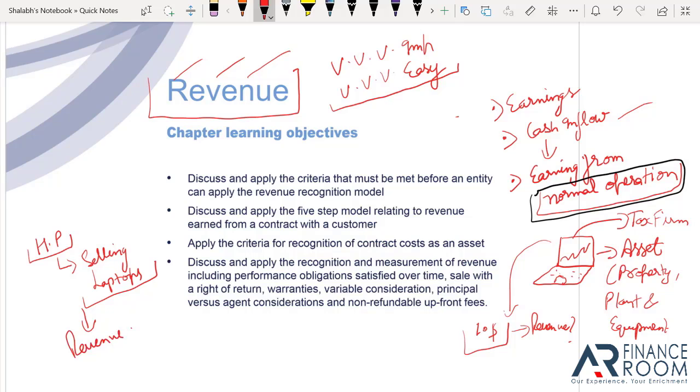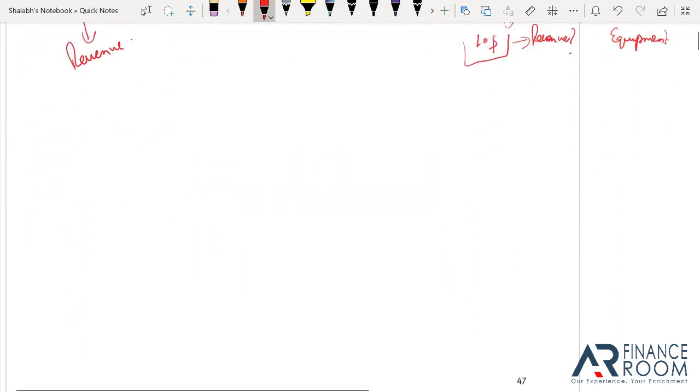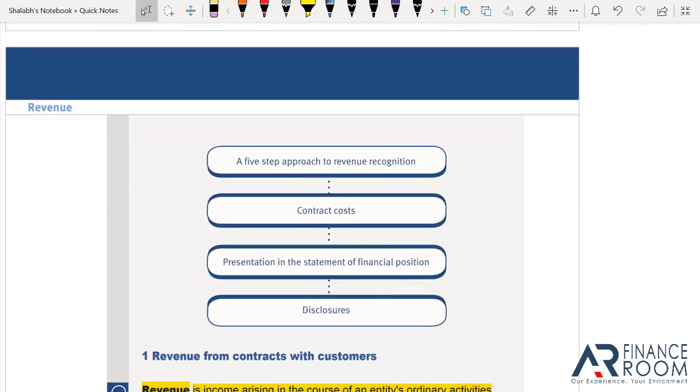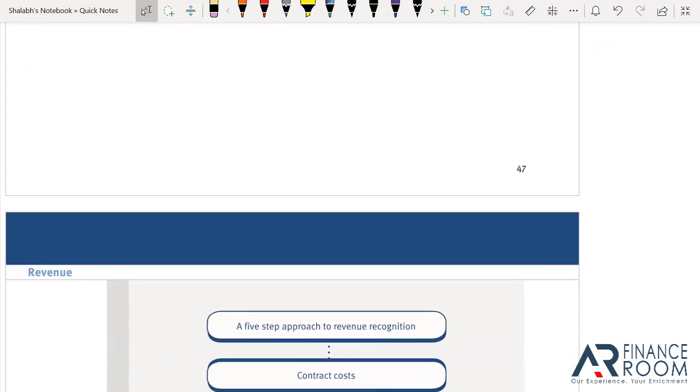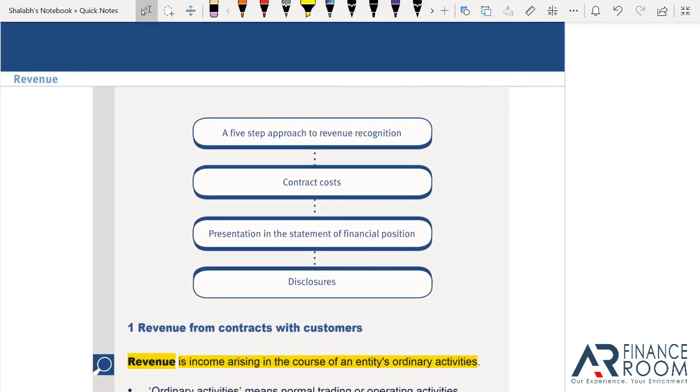It's not enough just that any cash inflow can be recognized as revenue. It has to be the day-to-day business operation. Now, this very standard, IFRS, or there are different GAAPs, as we have studied. There are US GAAP, then there is IFRS, and then there are country-specific GAAPs such as Ind AS in India, US GAAP in the United States, IFRS in European countries, and so on.